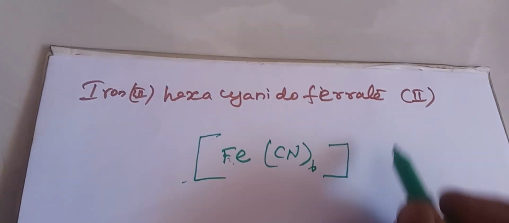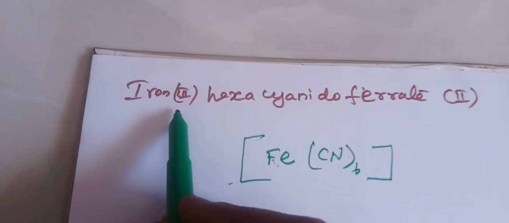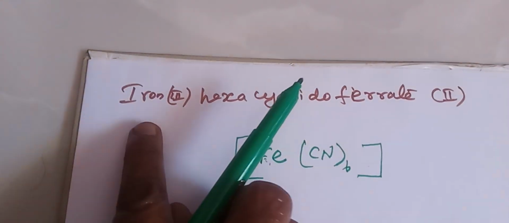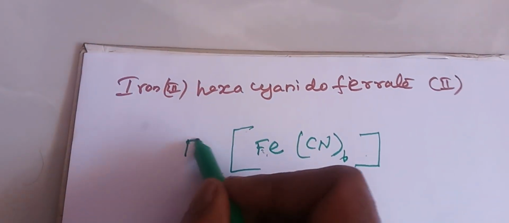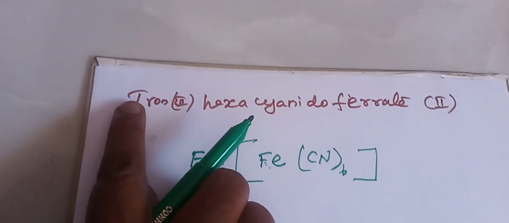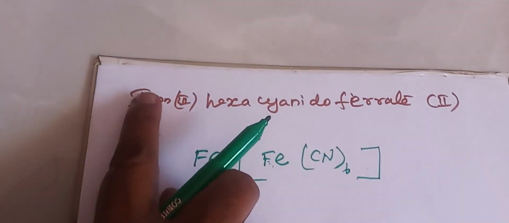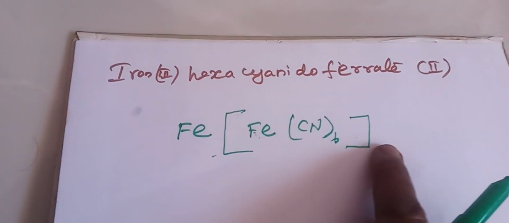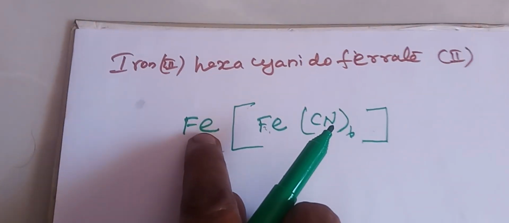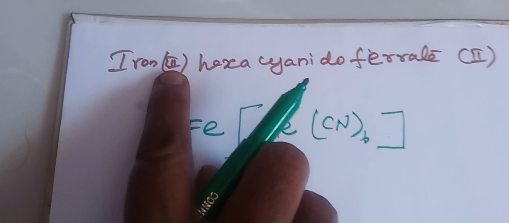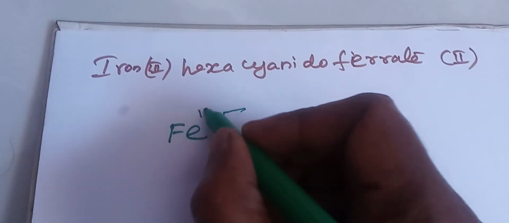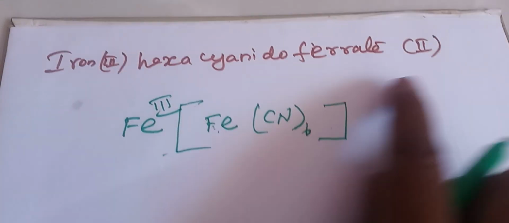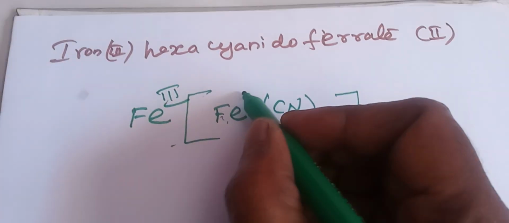Iron. Here another ion is there. This is also a cation, so the ion formula Fe we should write at first because it comes first. Now, how to identify the other numbers here? For this ion, the valency is given as 3. For this ion ferrate, inside the coordination sphere, the valency is given as 2.